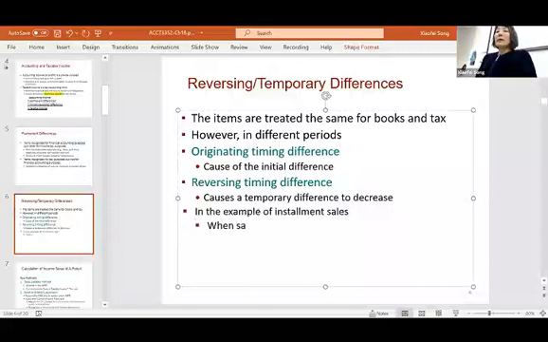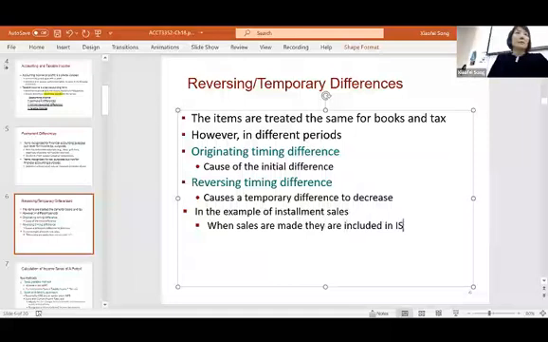When the sales are made, they are included in the financial statements, in, say, the income statement, but not in the tax return. So therefore, in this year,